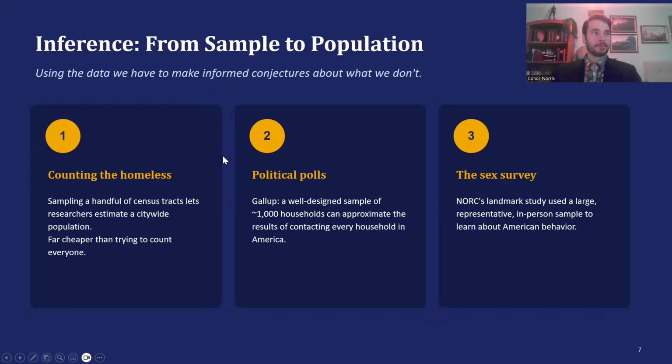Okay, so eventually in this course, we're going to talk about inference, where we take a small sample of data and we use that to try to understand and make predictions about the large population. It is really difficult to survey every single person in the entire US. We do a census every 10 years because of the time and the cost and the effort it takes